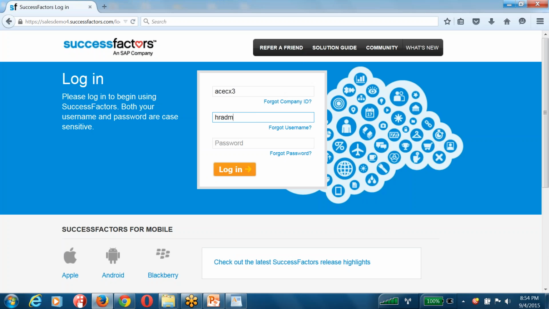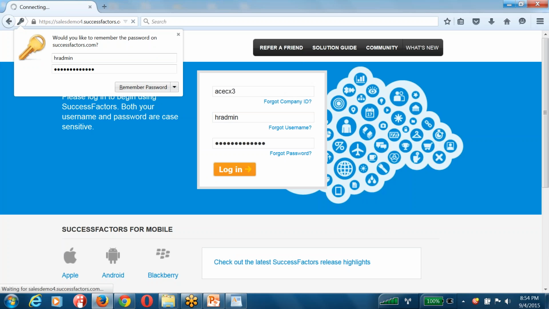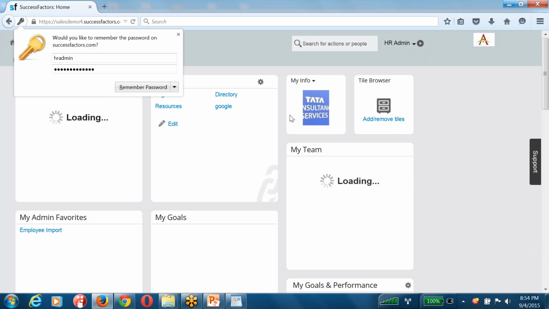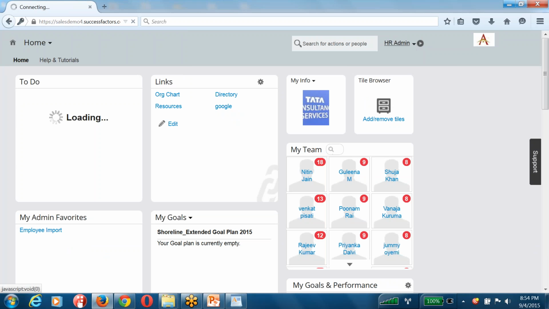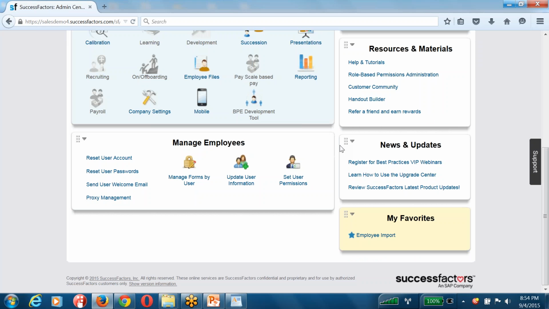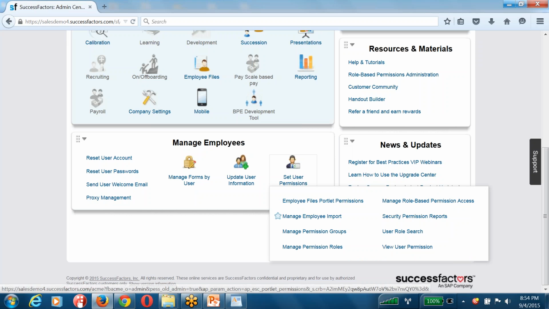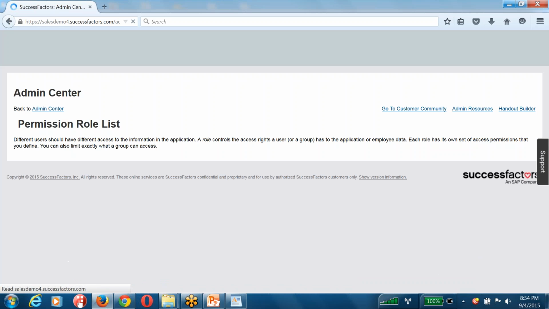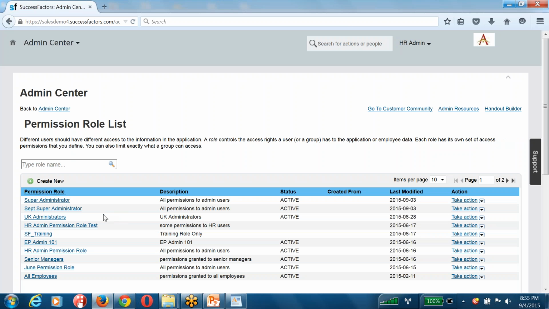Let me log into the instance and I'll show you, because we activated the role-based permission framework, and let me show you how the security is going to be controlled now. So the same thing, go to your admin tools, and if you go to set user permissions, you see you don't see admin privileges, you don't see default user permissions, but rather you can see manage permission roles and manage permission groups. Let me click on permission roles. I'll show you what is going to be configured inside the permission role. You can see these are the different permission roles that are available in my system. And if you click on one of those things,